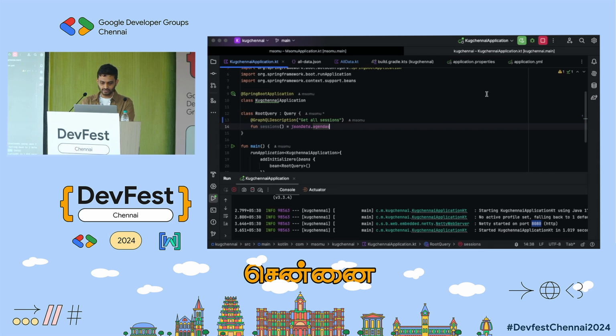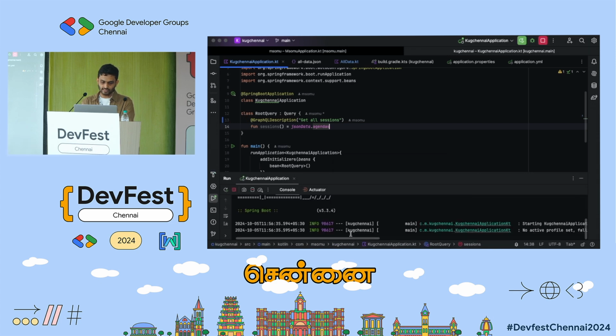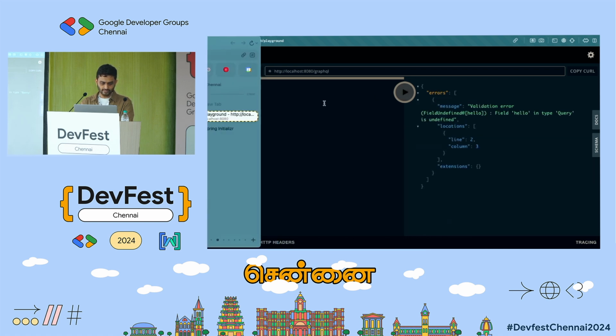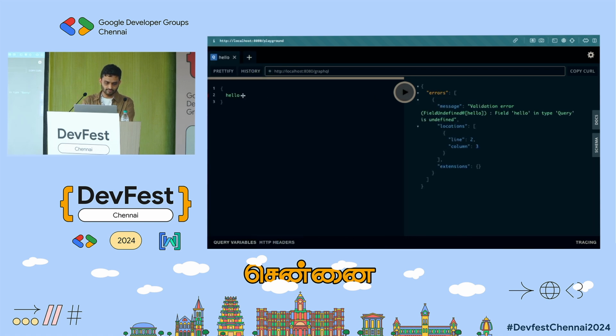So let's quickly run this again. So now our server will be killed, and it would start again. And now if we go to our browser, this hello is throwing an error because we deleted that hello function. So let's change it to sessions, and you can see autocomplete is there, and it also says the description get all sessions. So let's select the sessions, and inside the sessions, so I'll quickly open the JSON and